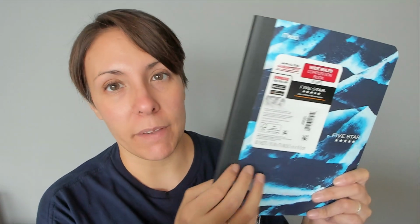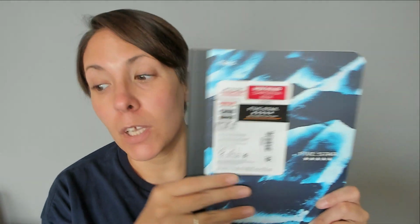And I didn't want to get him anything with like pink glitter because he'd be like, what's going on here, Mom? But this one's by 5-star, and I love 5-star because it's like the best products, and they didn't really have that much 5-star stuff. This was the only composition notebook from 5-star. Anyway, so I got that, and then for Emma, I got